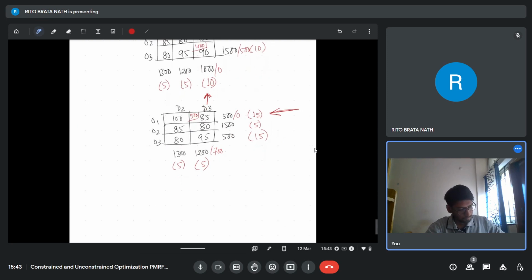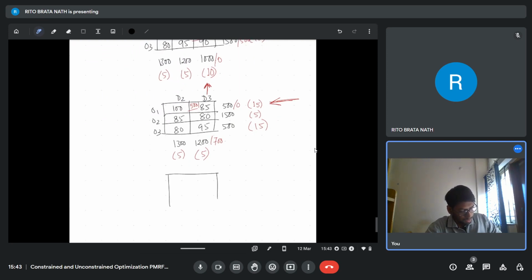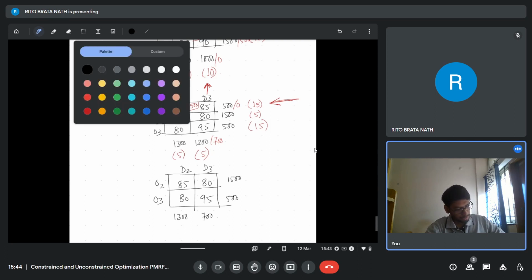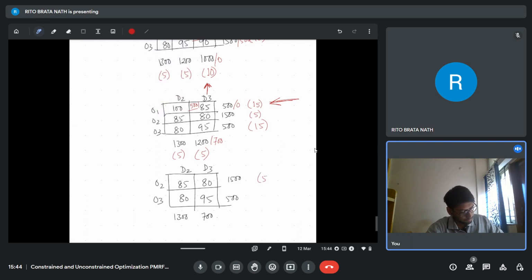Okay, now let me move on to the next step, which is you will delete the row, so you're left with O2 and O3. So this is 85, 80, 80, 95, 1500, 500, 1300, 700. You again will repeat this exercise, and this one is 5, this is 15,